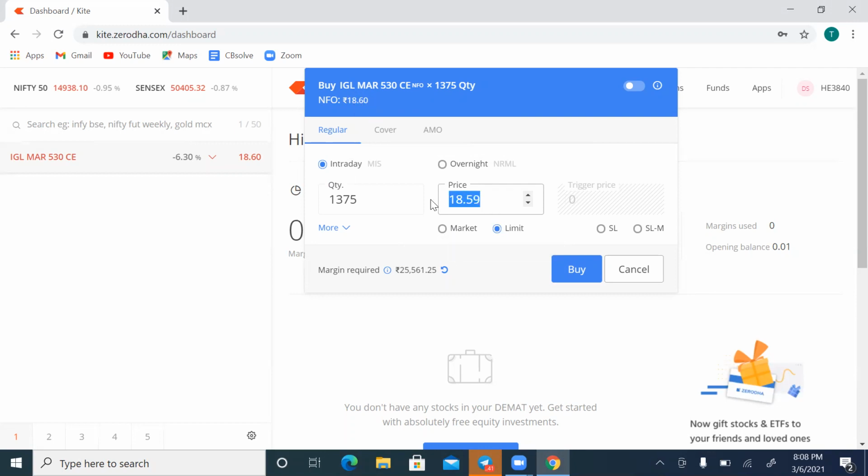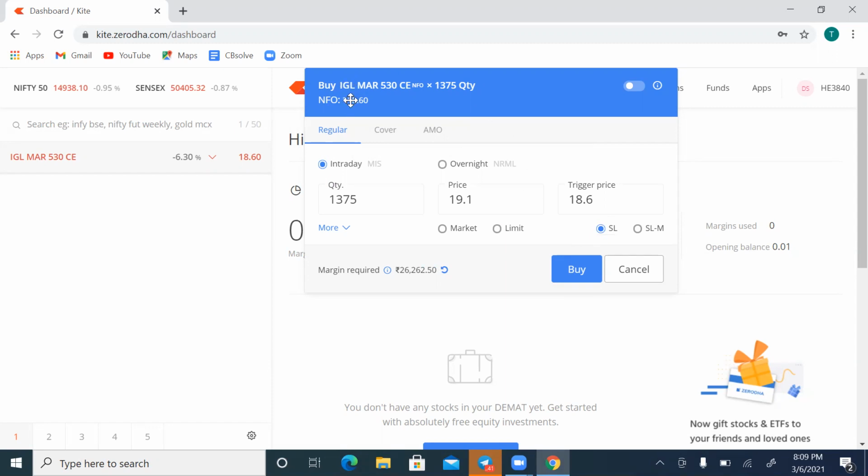But if you want to place it at 19 and you click on buy, it will be executed at 18.60. So you will be losing the trade, because if you are giving buy above 19, say 19.1 here with the limit option, when you click on buy, it automatically gets triggered at 18.6, which is the current price of the stock. So this is not a good option when you want to buy the stock above the given level. If you gave a level above 19, then you have to place the trade with SL. Okay, so we find price and trigger price in this SL option. How it really works, I'll let you know.